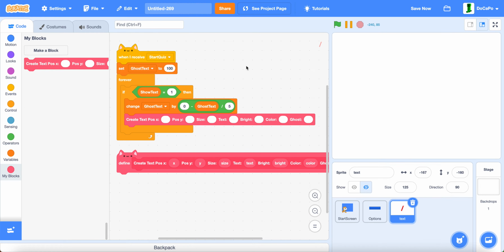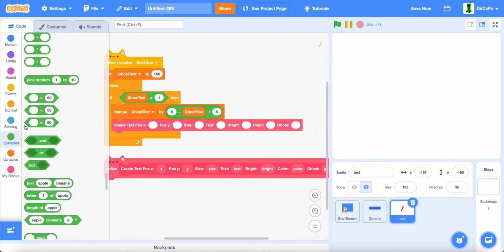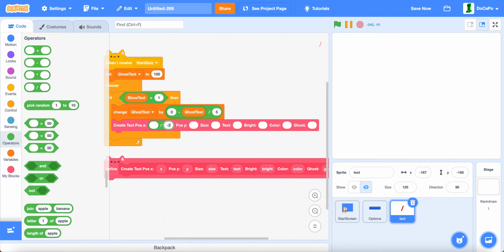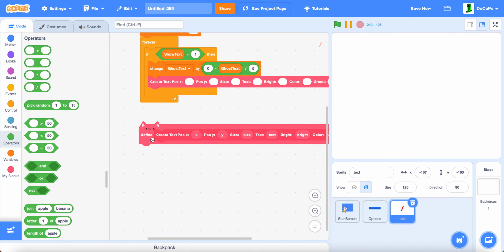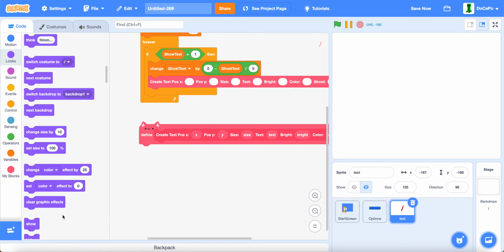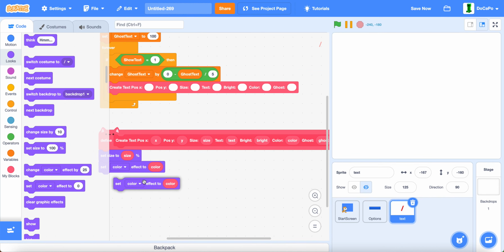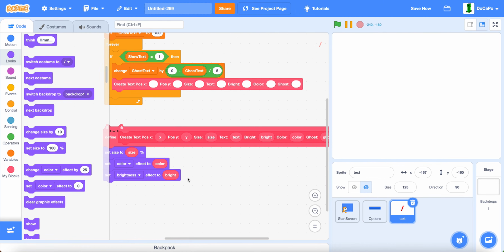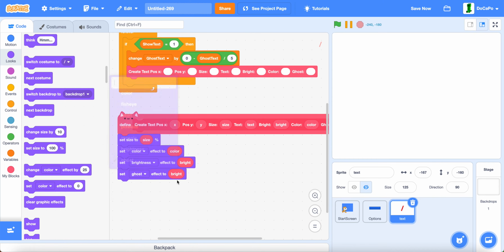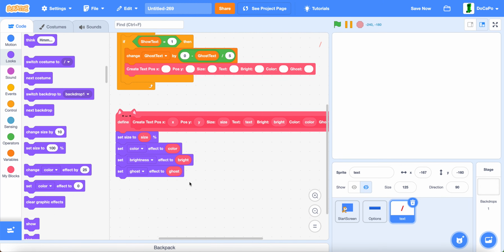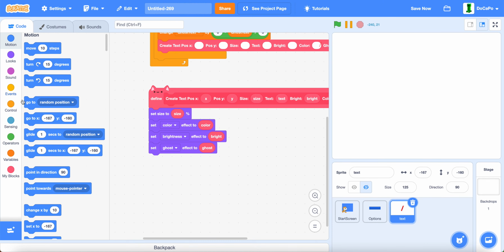Now we will do divide by -2, multiply. Actually, before we do this, let's set up this. So for this, set size to size, set color to color, set brightness to bright, set ghost to ghost, and then go to 0